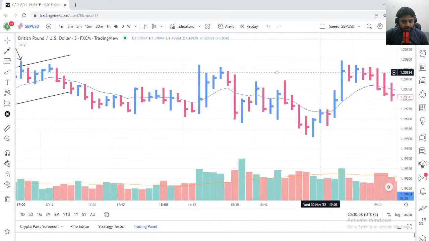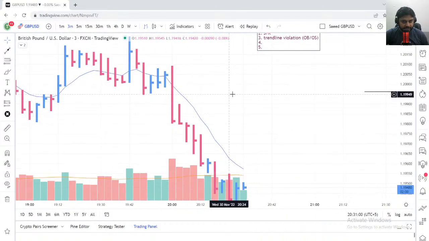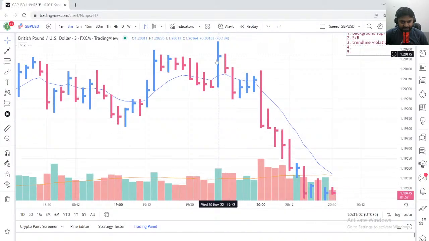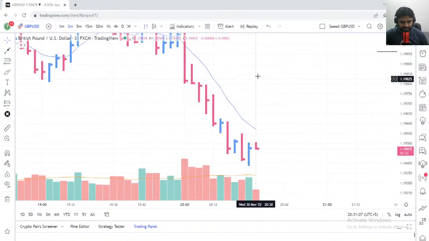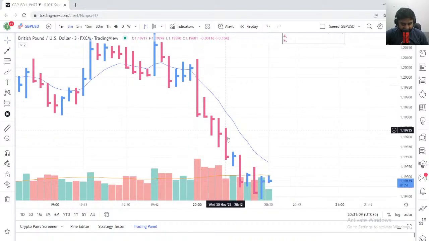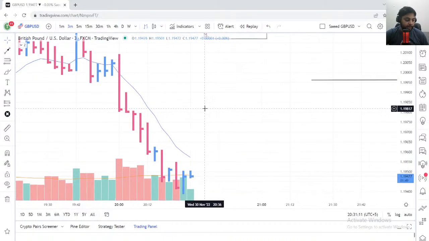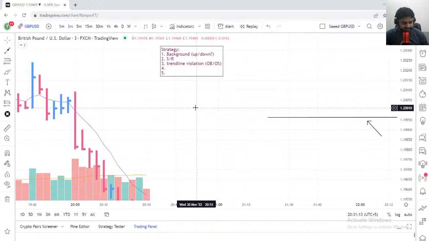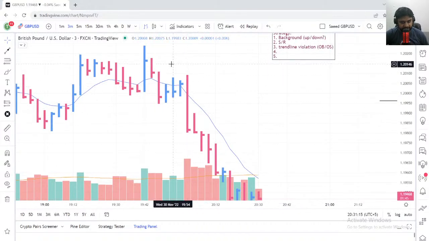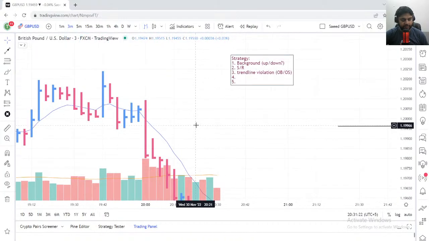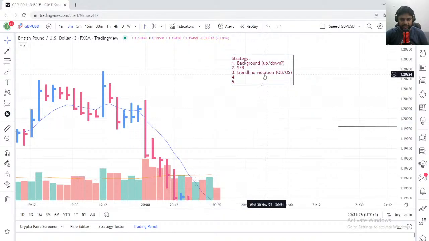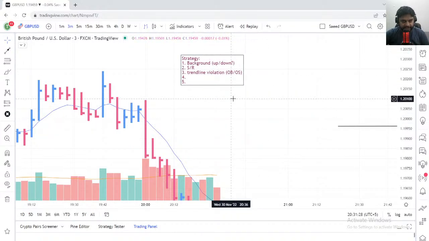But now we are putting together all of the parts of the strategy. Look at this, guys. The market is shooting downward, shooting to the downside. If you see a market like this, you should look for a selling opportunity, not a buying opportunity, because this is a weak background. This shows that the background is to the downside. So you should look for a selling opportunity, not a buying opportunity. Simple, isn't it?